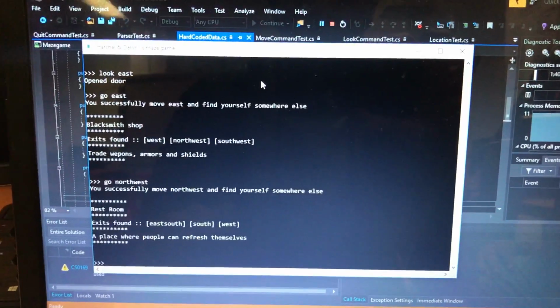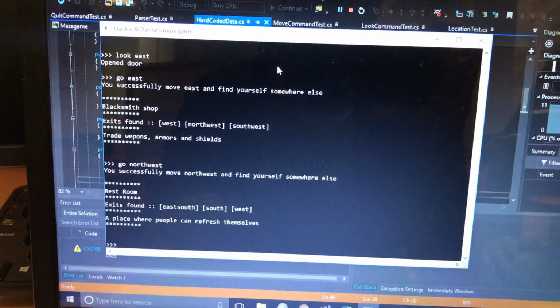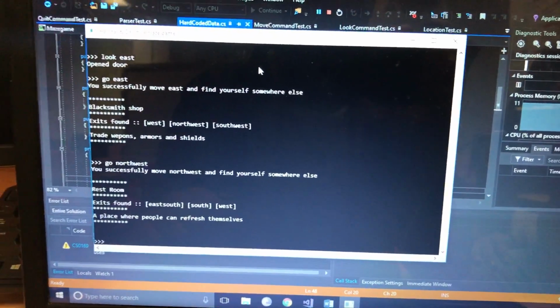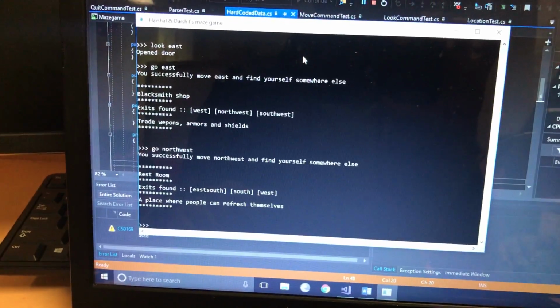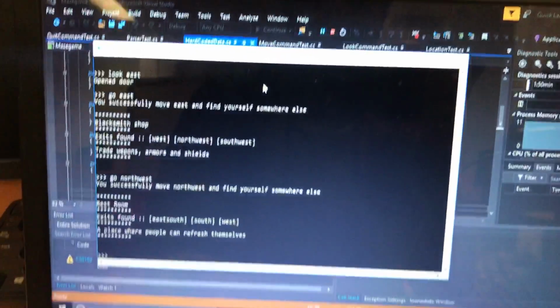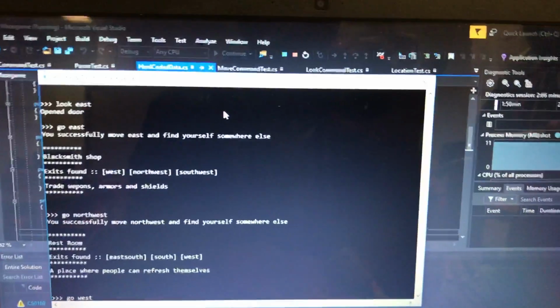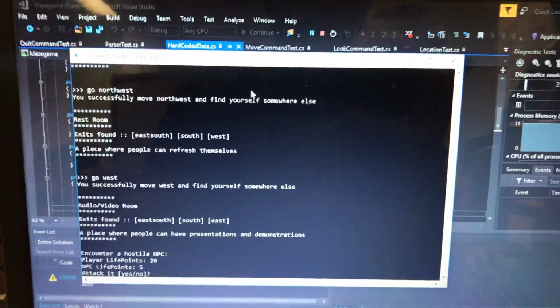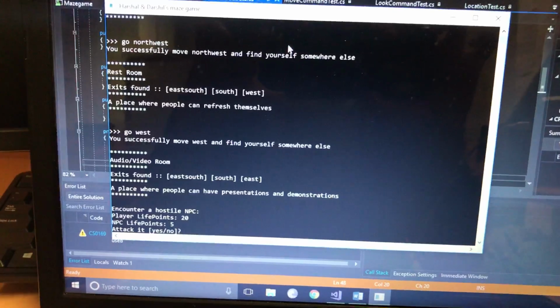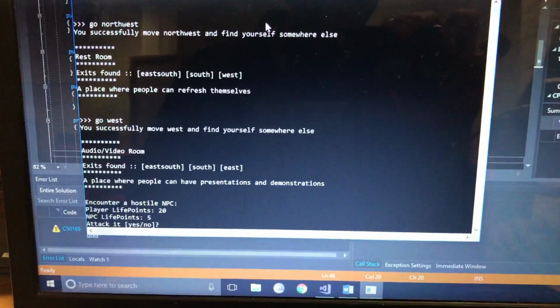It says we are in the restroom. There are 3 exits found: east, south, and west. Now we will try and go west, because I think that's where we put the NPC. Yeah, there you go. If we try and go, it says we have encountered a hostile NPC